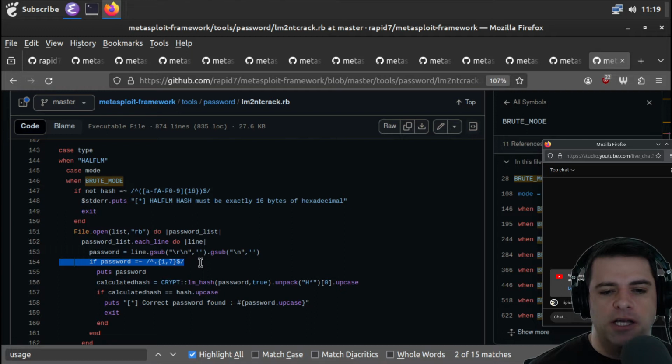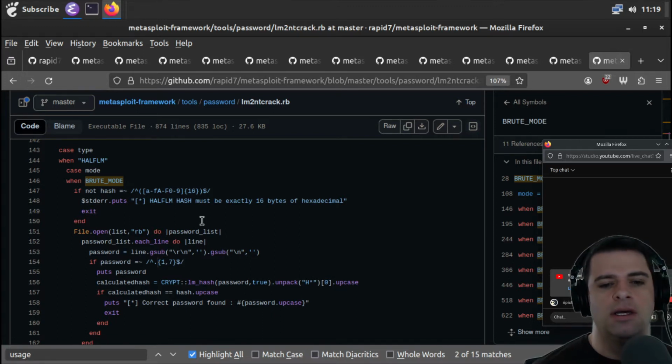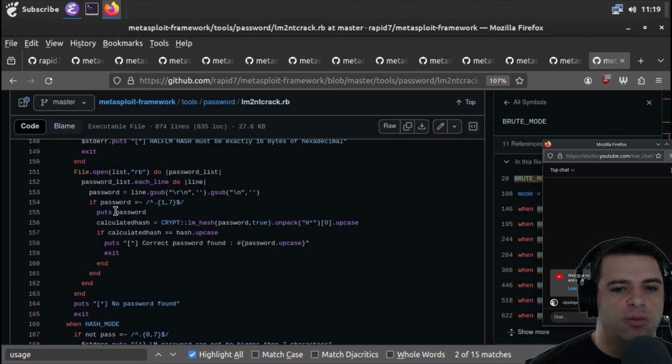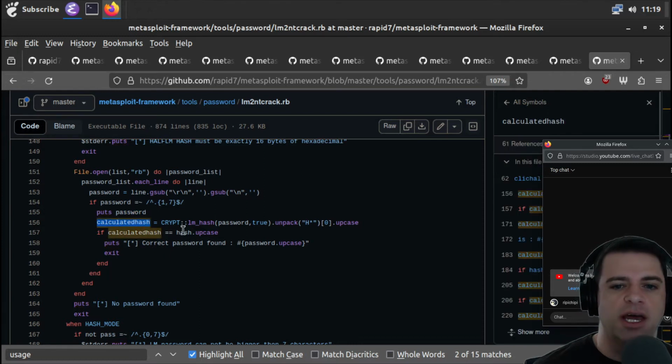And then if the password is matching this regex, which seems like it starts with something between 1 and 7, and that's, I guess, all there is. Or no, it starts with anything and it's like 7 long or whatever. Then we're going to put the password, put string, maybe write the password. We're going to calculate the hash and do some stuff like